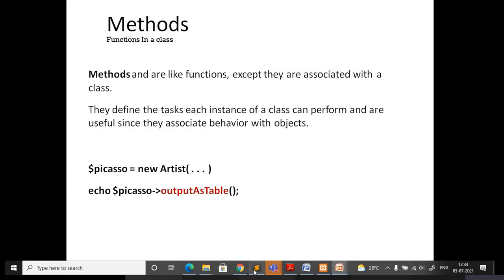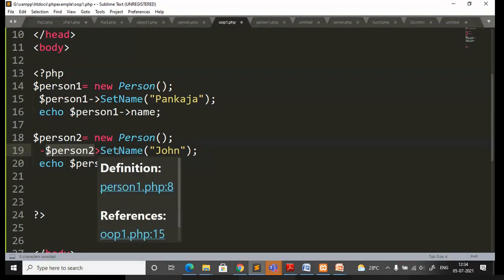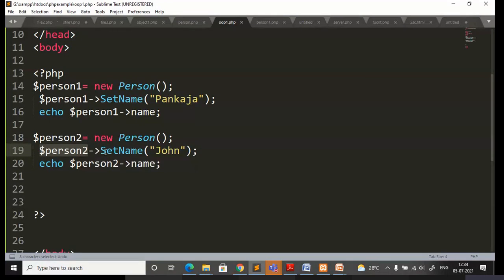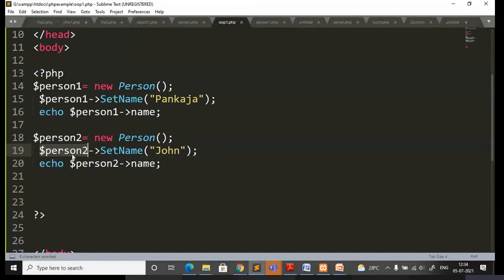Now itself I have shown in the code how to invoke the function. That is the object name, then use this arrow, followed by the method name. In case the method requires any parameters, you need to specify the values of those arguments. So this is how the method is invoked.